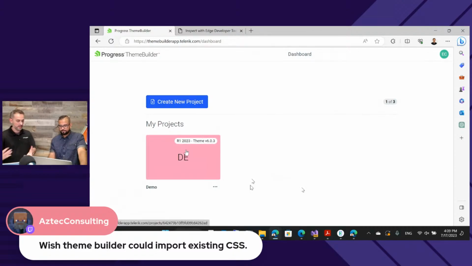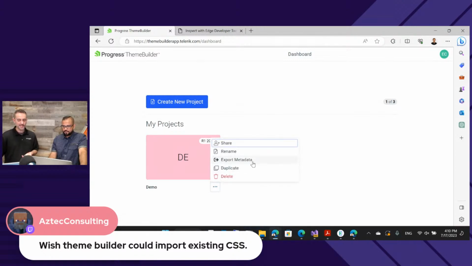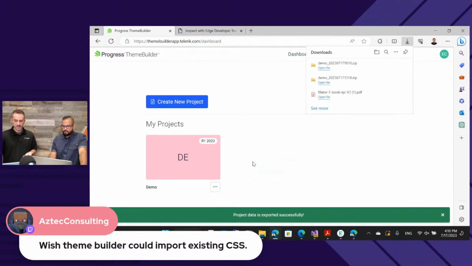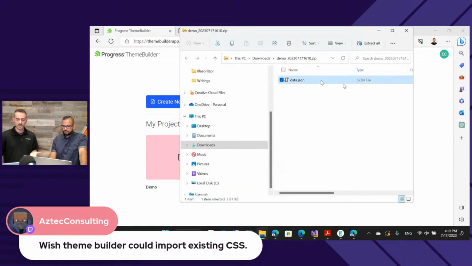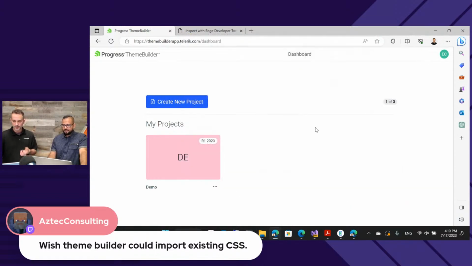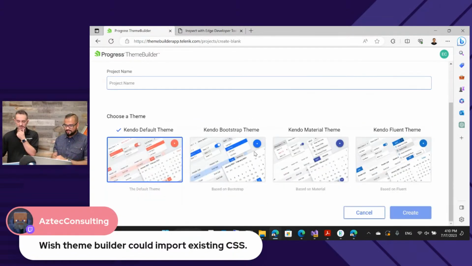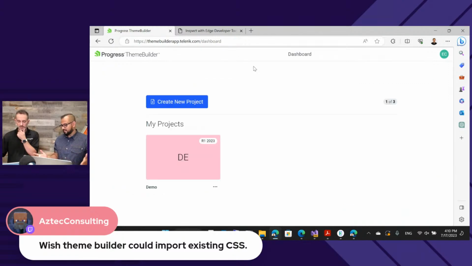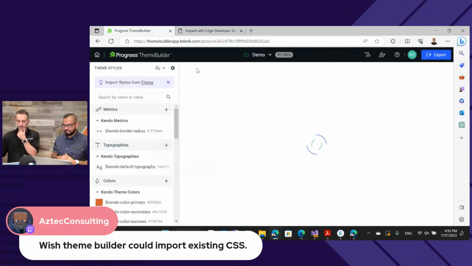You went into it as a new project every time, therefore you had to import to edit. Now there is a project, so you wouldn't necessarily import anything, you would come into your project and continue working on it. You can export the metadata from it. It is a JSON file. So maybe it's just a matter of opening up the import as well, so it can reread that JSON back up.